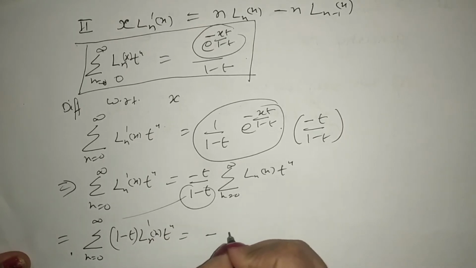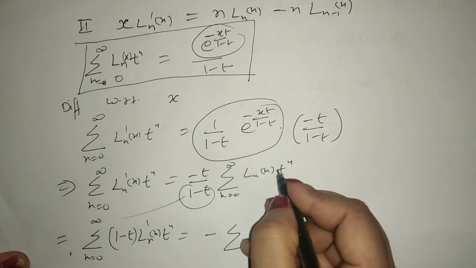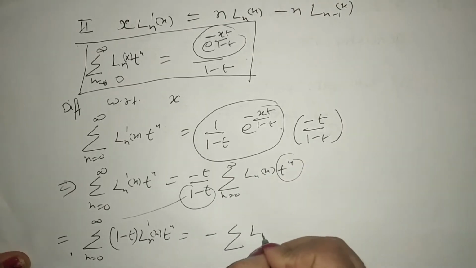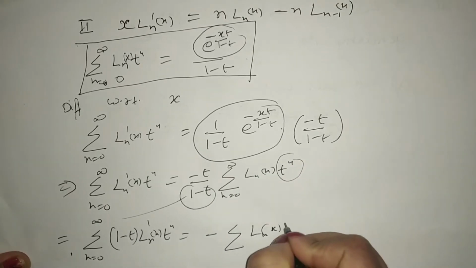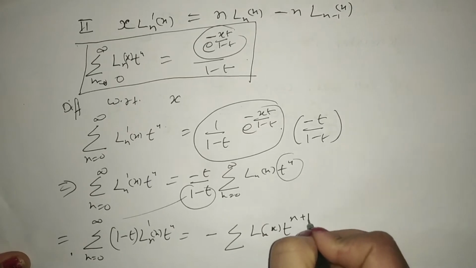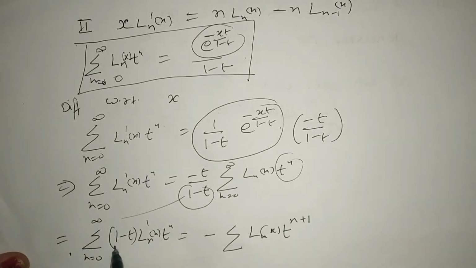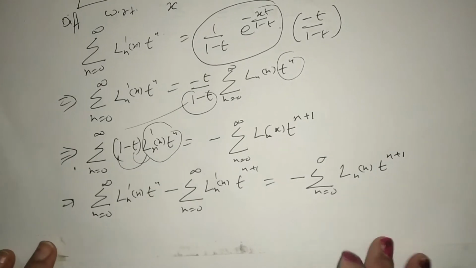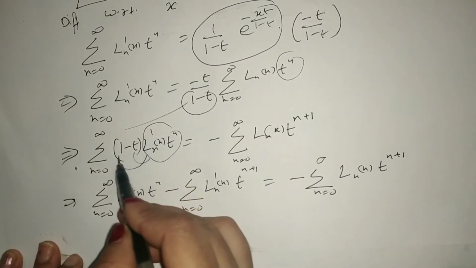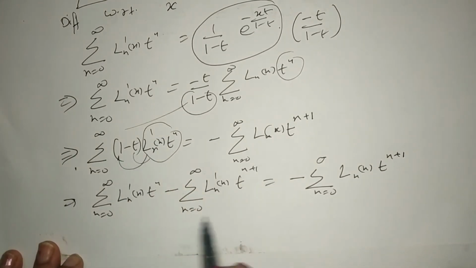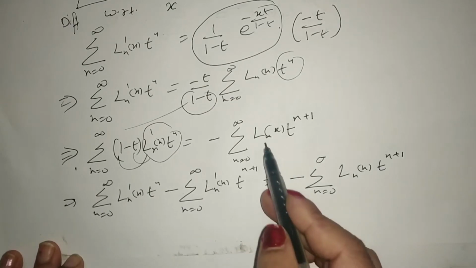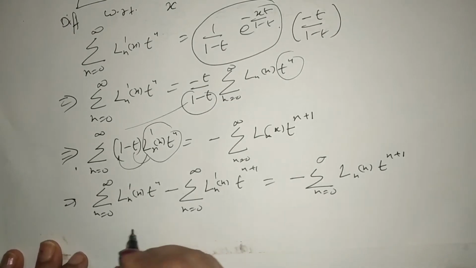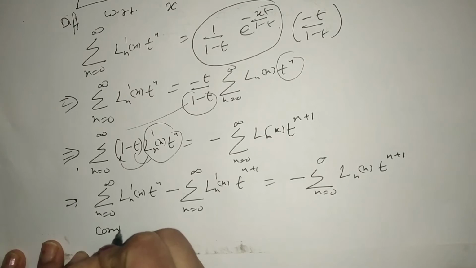Here it is minus, when t is multiplied with this term, ln x into t raised to power n plus 1. Here also we have to multiply this whole term with 1 and t and separate these two summations. Now multiplying this term with 1 and t, we get these 3 terms here. And now what we have to do is compare the coefficient of